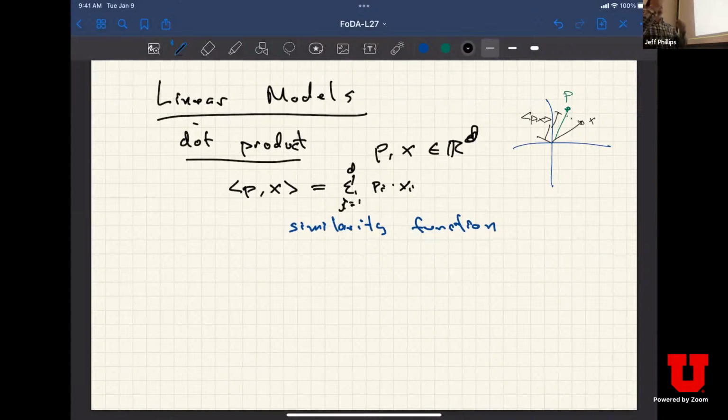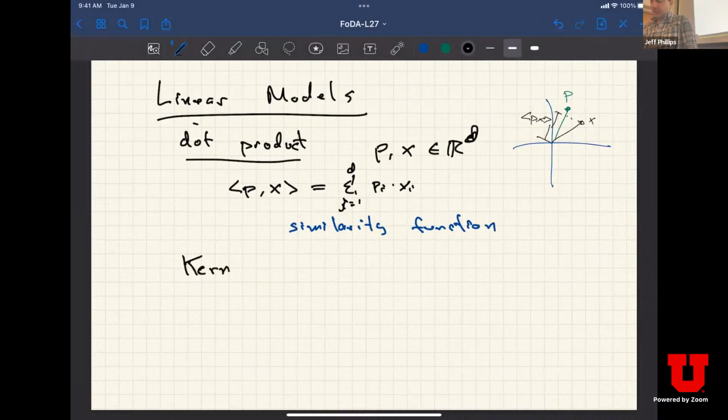If the length is the same, the more similar they are to each other, the smaller the angle is, and the larger the length of the projection is, right? If I make them orthogonal, the projection is of length 0. So what we're basically going to do is replace this notion of similarity with other notions of how similar two points are. And the primary one,